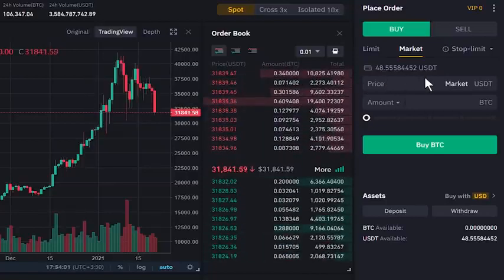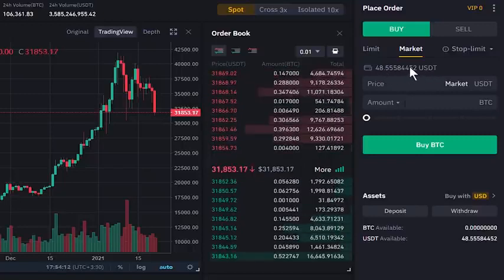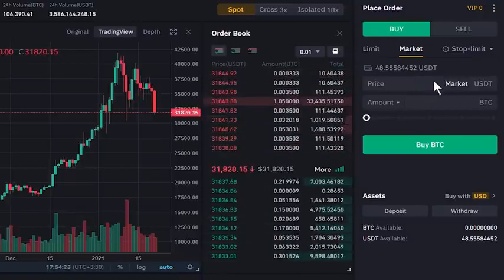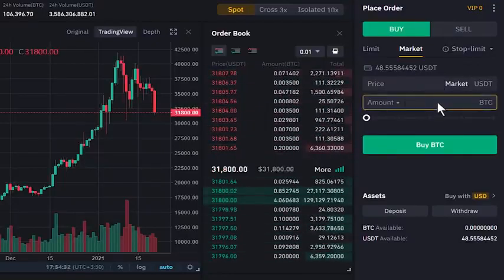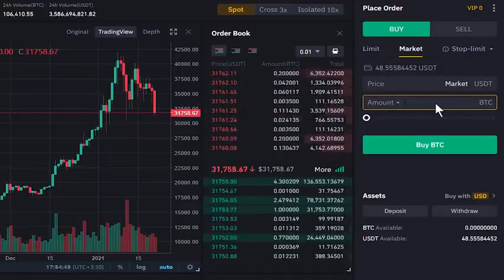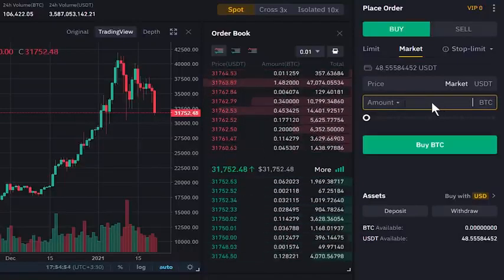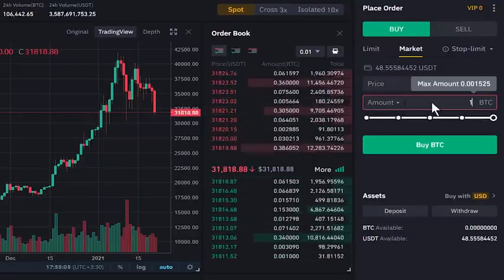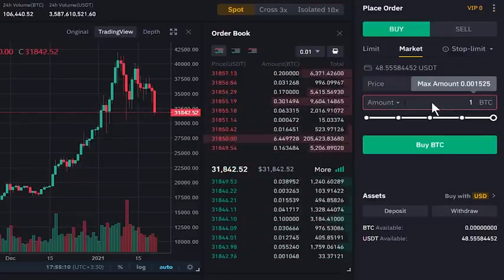Alright, let's place a market order and see how it works. Here, as I said, it shows how much Tether is available for us to buy Bitcoin. Here the price is set to market because we are placing a market order. And here in this box, we enter the amount that we want to buy. And actually it's based on your available Tether. And if you enter, for example, 1 Bitcoin, you see that it gives the alert that the maximum amount that we can buy with our available Tether is something like